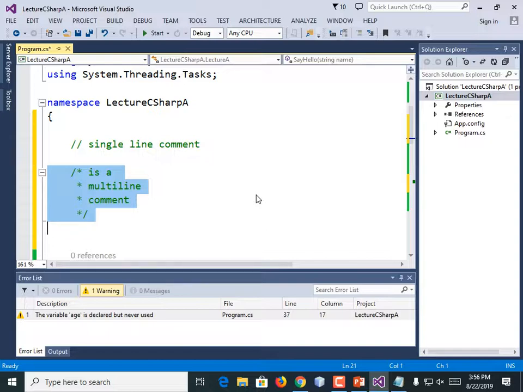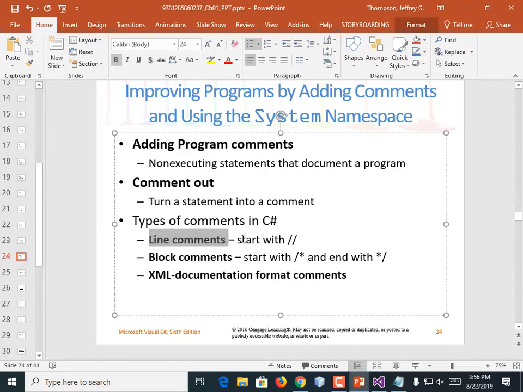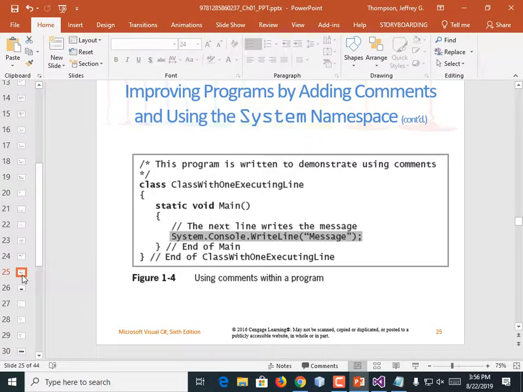Now when I'm adding things to the code, to provide notes or whatever, I may not remember to make it a multi-line comment. So there are line comments, there are block comments, and then there are XML documentation format comments, which hopefully they will give you an example of, because I do not offhand remember the specific syntax.